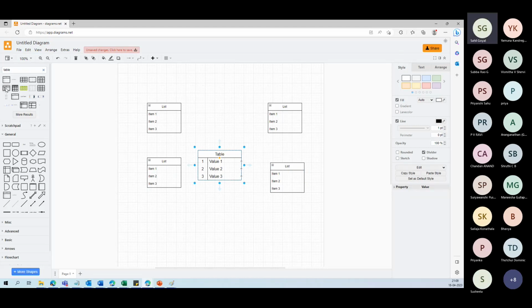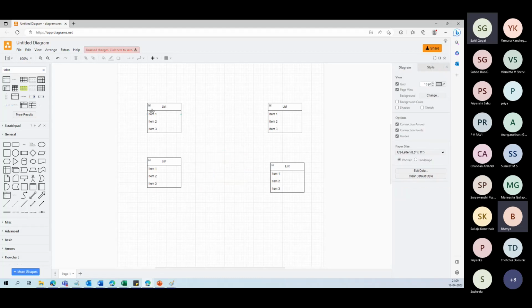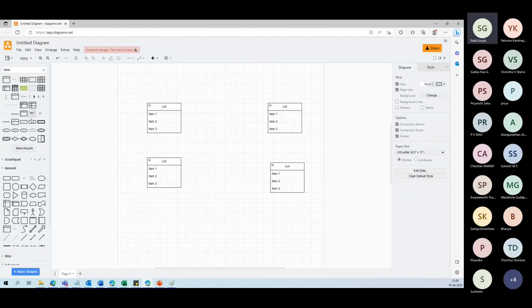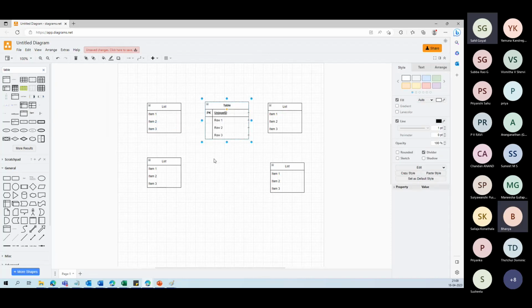If we want, tables can be represented in different ways. This is one of the ways in which we can represent the table, and we have other different ways also. You can see here we have a table in which we're representing the list way, list item. This is also a table representation. This is also a table representation. This is also a table representation. So we can choose the different tables based on how we